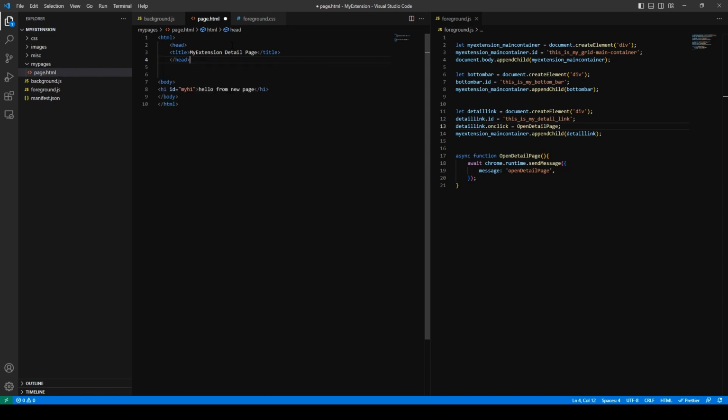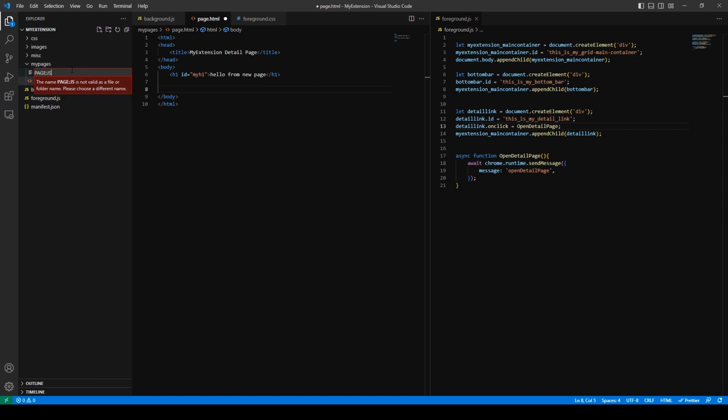So head. Okay. So let's say this should basically work. The key thing now is that we need to attach also a script file to this. So I'll create a script file. I'll name it, sorry for the caps,